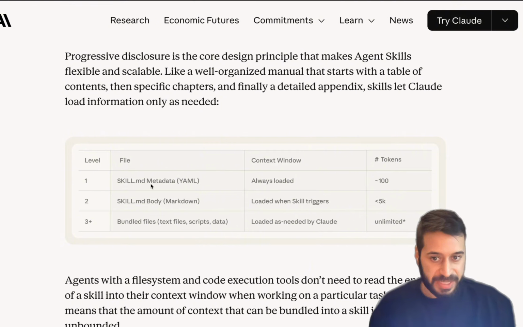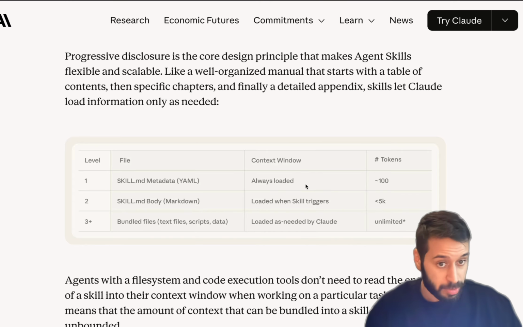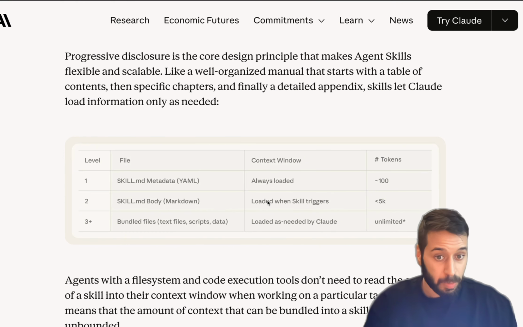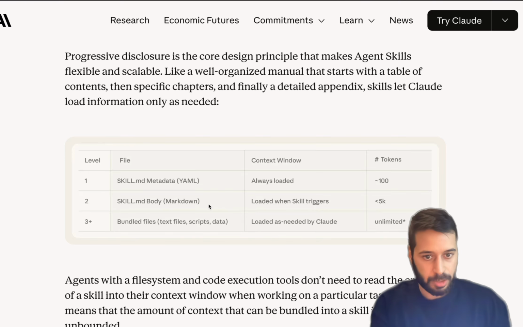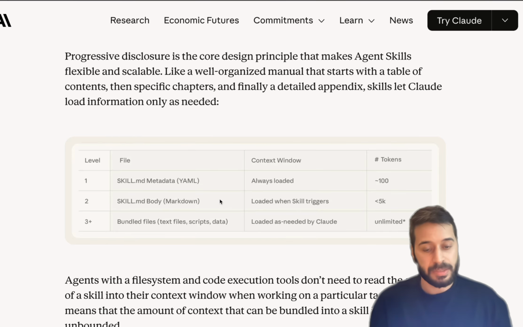First, as we have seen, only the metadata part, like the YAML part, which is the formatter that has the name and description, is always loaded into the prompt, which is around 100 tokens. So it's not a lot of tokens. And then when the agent needs to use a specific skill, it loads the skill.md body. It loads the whole contents of the skill.md file, and that's less than 5,000 tokens. And then when the agent needs more details to perform the skill,